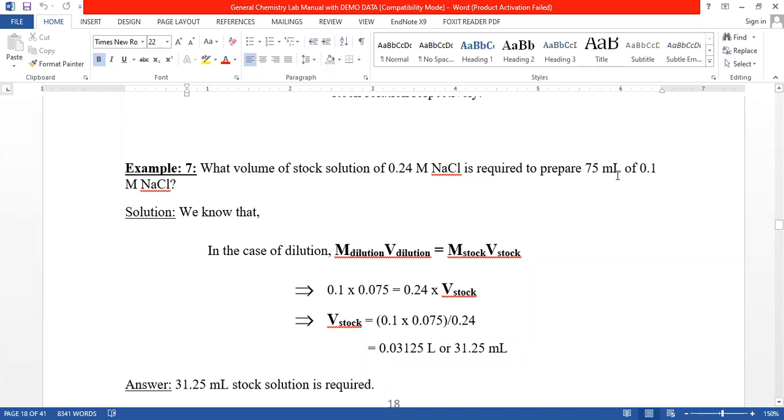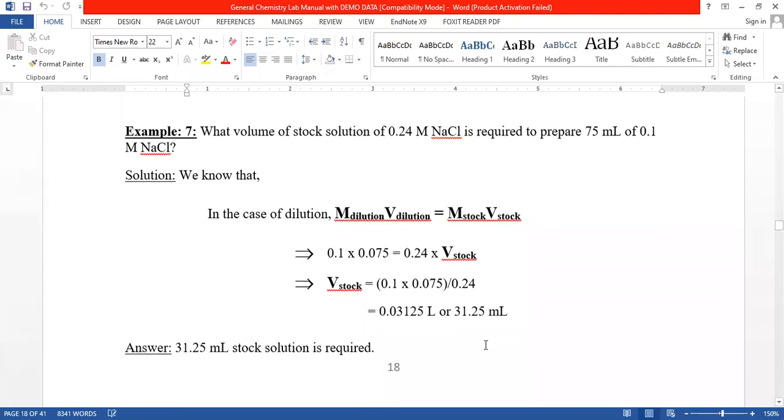And the dilution: the volume of diluted solution we require is 75 milliliter, and the molarity, that means the concentration of the diluted solution, would be only 0.1. So if you put the values there, then the V stock, that means the volume of stock solution, is found here,